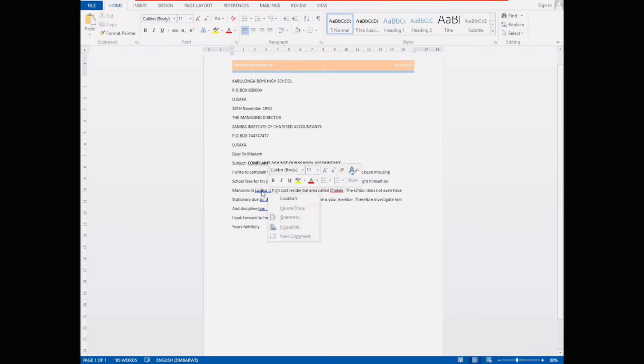so we can spell check this document to make sure that it has no errors in it. If the word is a Bemba name or a local name, you just have to ignore it or add it to the dictionary. Just right click on the word and then select the correct grammar or the correct word. Okay, now that we're done with that,